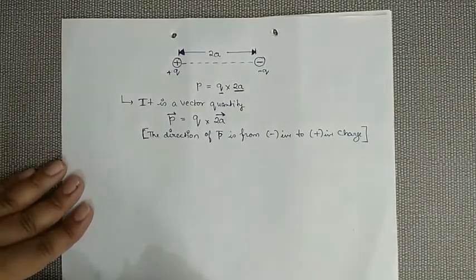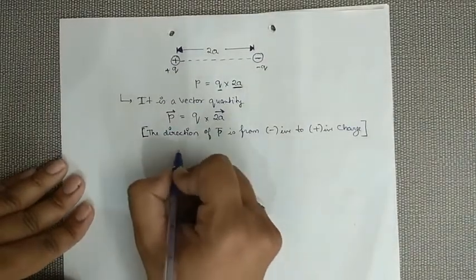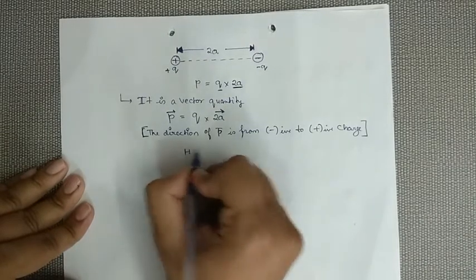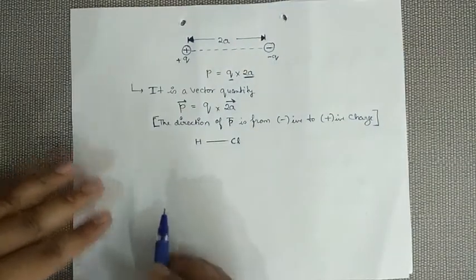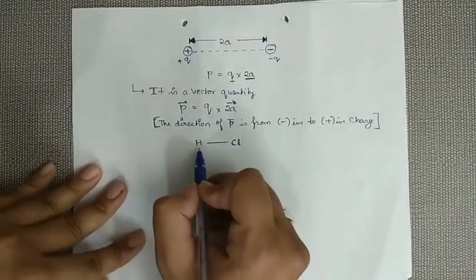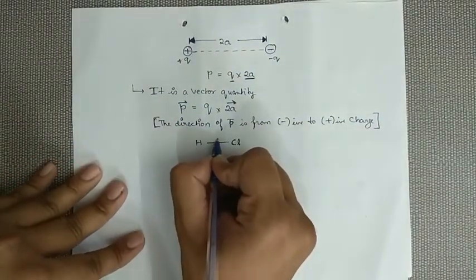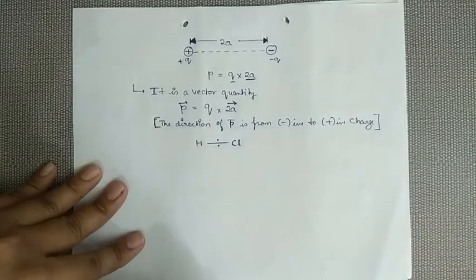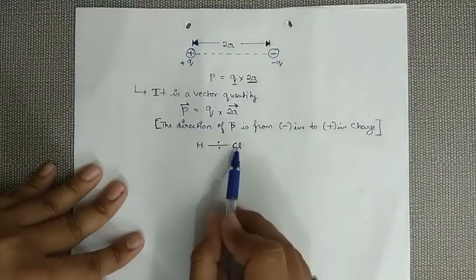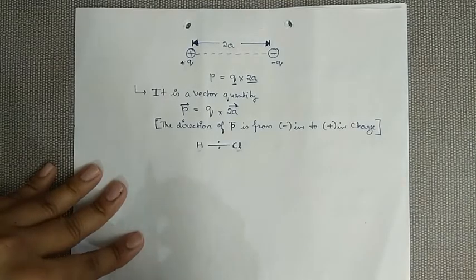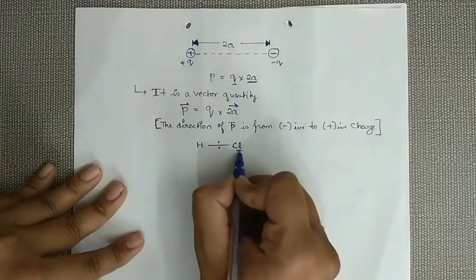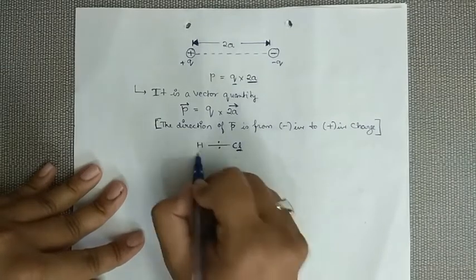You can see this with the help of an example. Suppose we talk about a molecule HCl, hydrochloric acid. Now in this bonding, one electron is shared by hydrogen and one by chlorine. By sharing one electron, each completes its duplet and octet. But as we know, the electron affinity of chlorine is more than hydrogen.